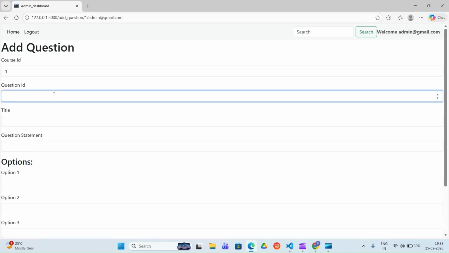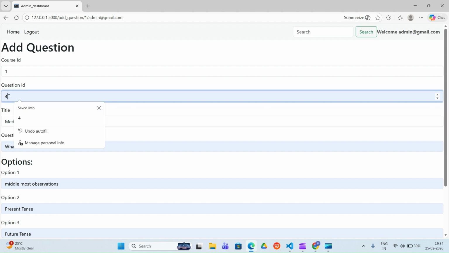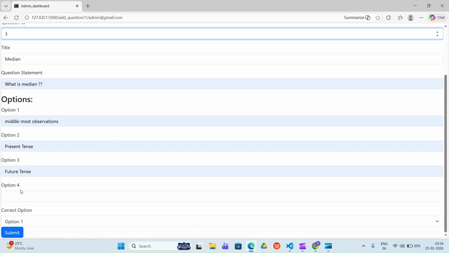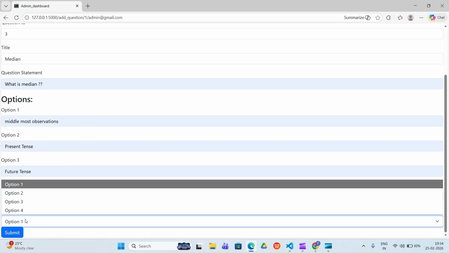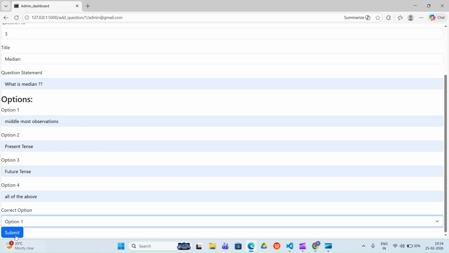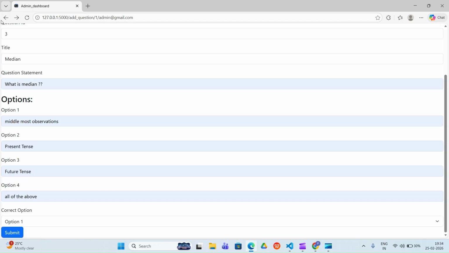Let's create this one also, what is median, and here we are going to give the median only. And then let's change it to 3. Or we can give anything, all of the above, and the correct option is the first one only. We click on submit. And yeah, now let's go back to this user dashboard.